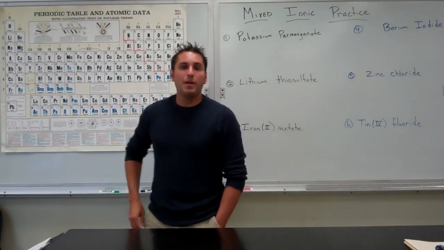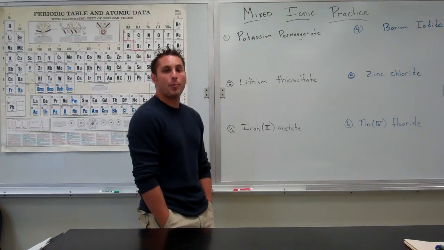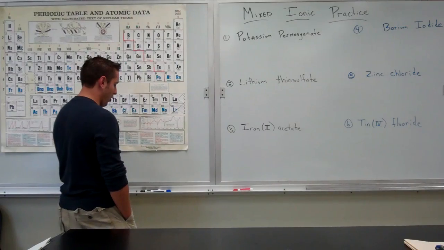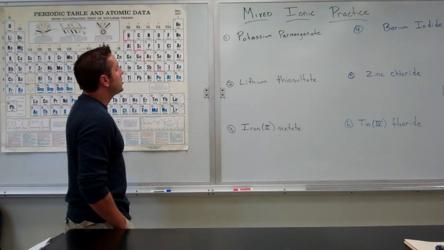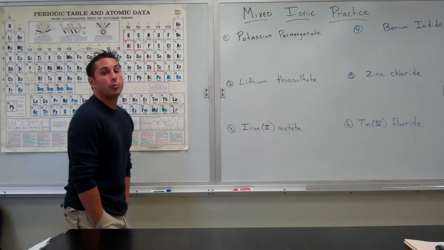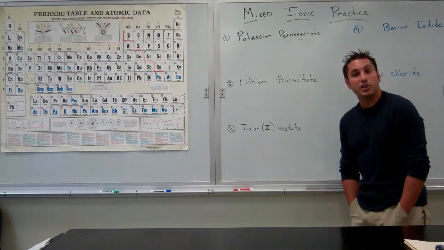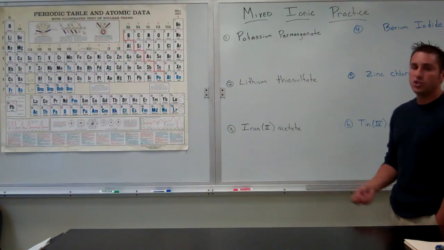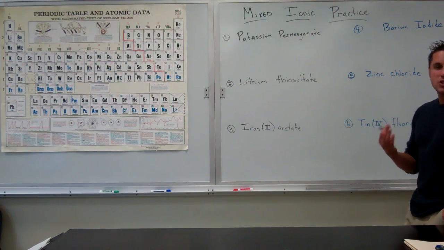The reason it's called mixed is because this is a mixture of binary ionic compounds and ternary ionic compounds, ones that would possess polyions. So, as we take a look, we're still going to go through and prove to ourselves it's ionic, because very soon we're going to have mixed in here covalent compounds, and I just want you to get in good habits. So as we take a look, all of these are names,